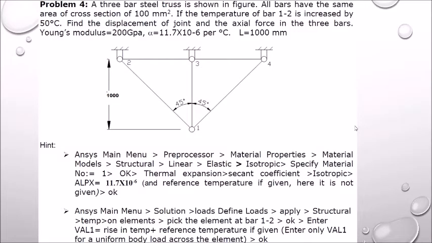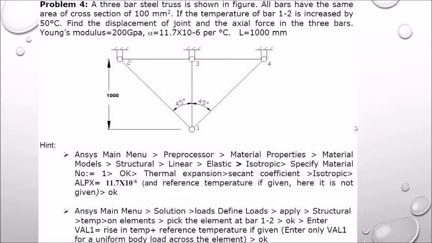Here there are 3, or in fact 5, links which make the truss. But links 2, 3 and 3, 4 are of no use because both the ends are constrained, so you don't have to model them. So 1, 2, 1, 3, 1, 4 are the links that you need to model.